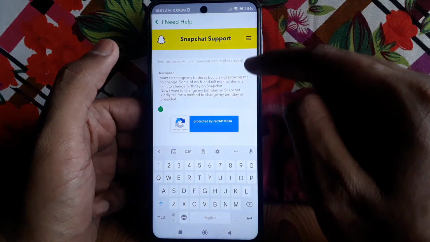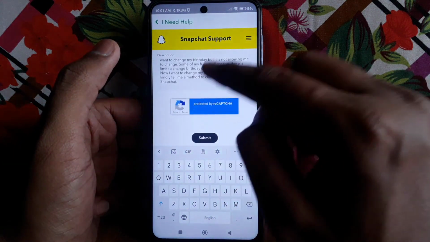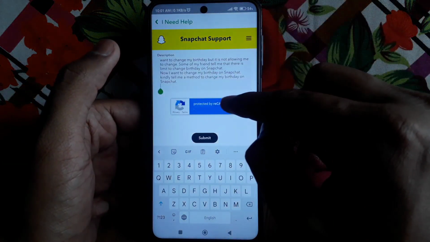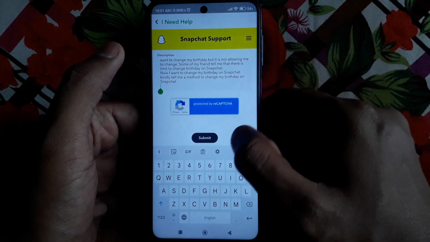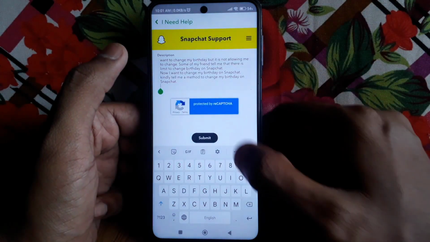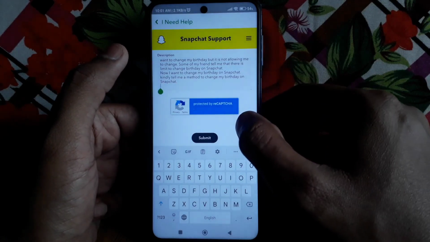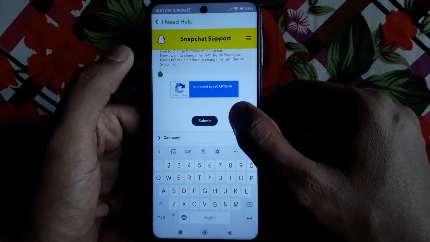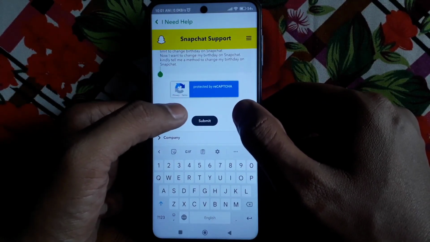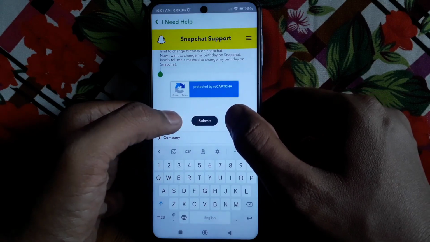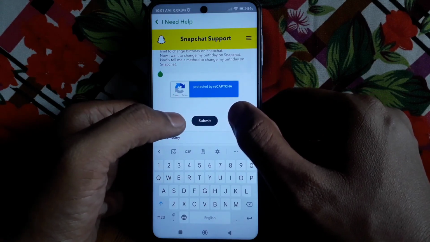If you want to get that, you can simply copy that description from my video. After that, you can simply click on the captcha and you have to simply click on submit. After clicking on submit, Snapchat will get your request, and within 24 to 48 hours they will contact you and tell you a method how to change your